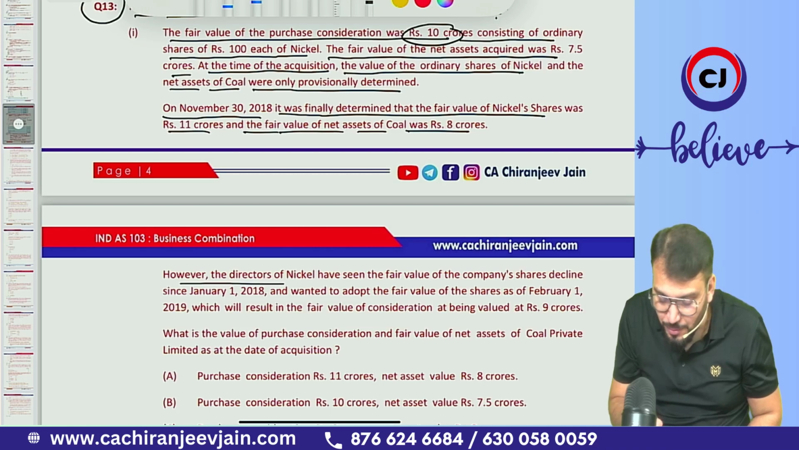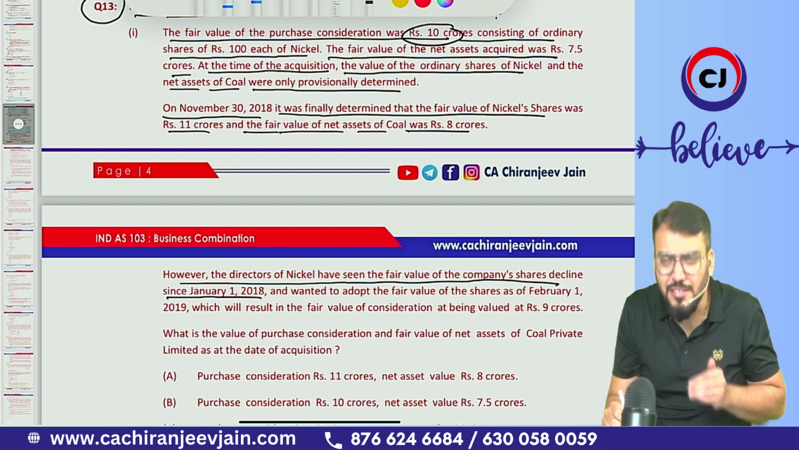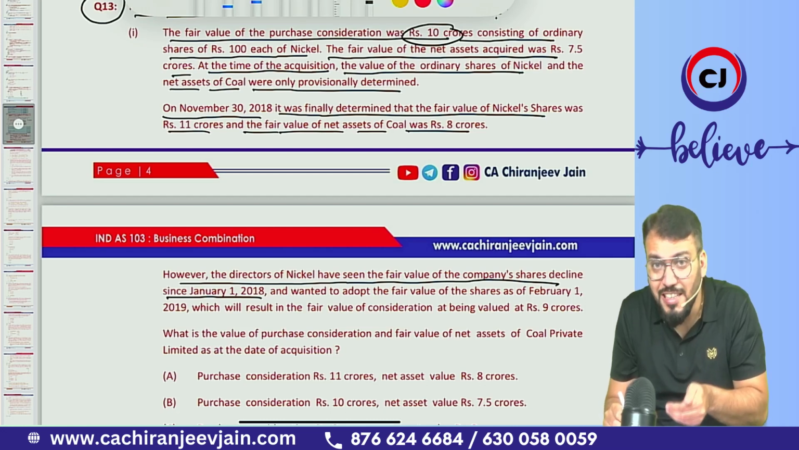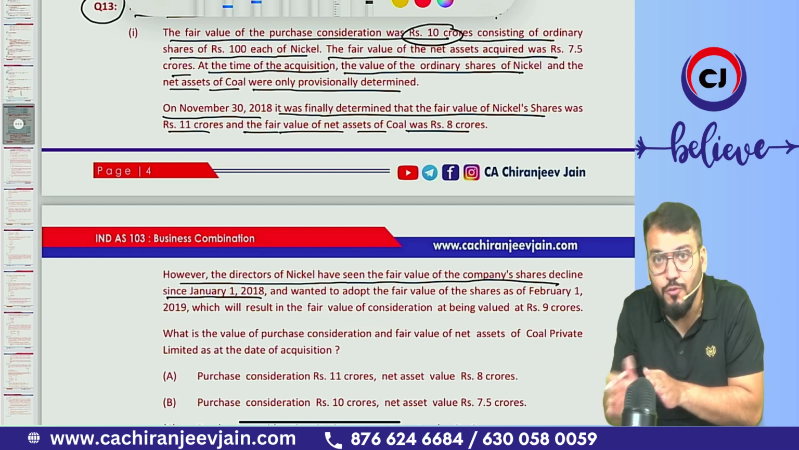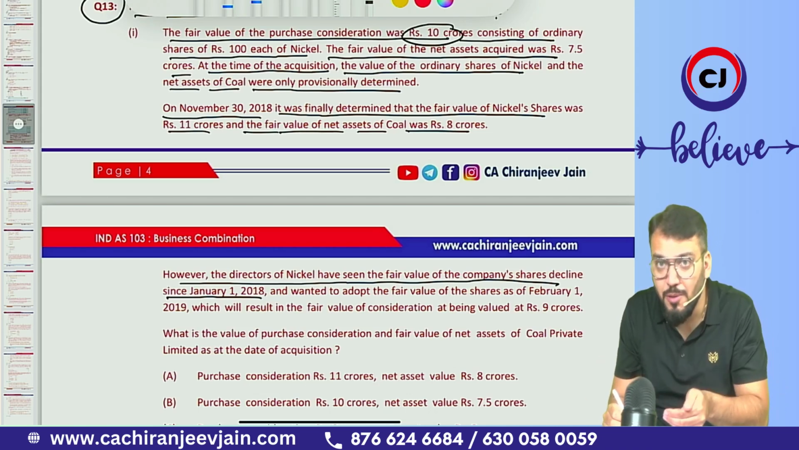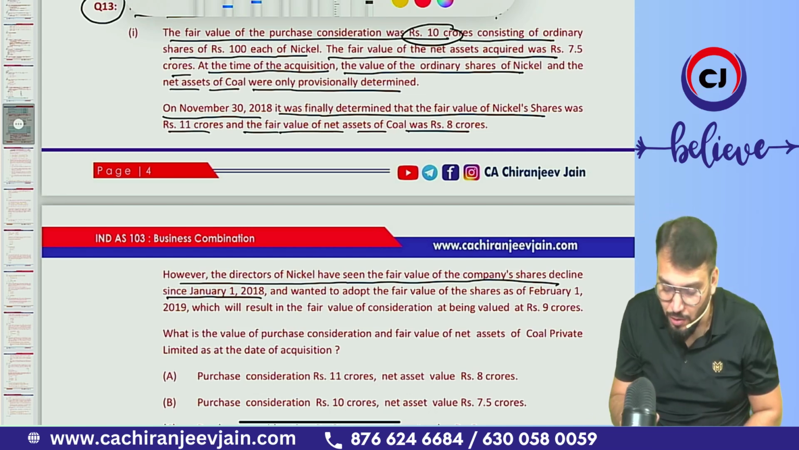However, the directors of Nickel have seen the fair value of company shares decline since Jan 1, 2018. So can you say the fair value share decline after Jan 1, 2018 is actually related to facts and circumstances after the acquisition date, which is not relevant for business combination accounting. So any decline in the fair value of shares after the acquisition date is not relevant for business combination accounting,